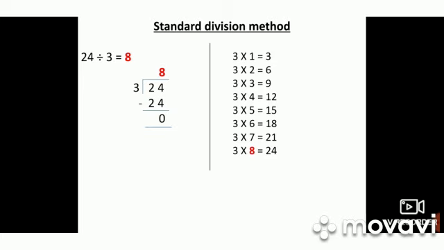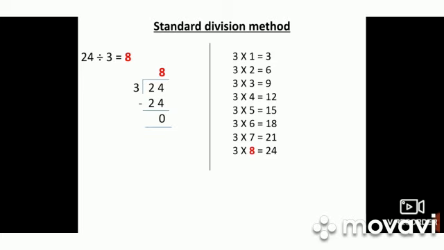Take the divisor outside because it is the multiplication table. So here it is 3, so we have to do the 3 tables. So start doing the 3 tables. 3 ones are 3, 3 twos are 6, 3 threes are 9, 3 fours are 12, 3 fives are 15, 3 sixes are 18, 3 sevens are 21, 3 eights are 24. I got the answer, so I stopped doing the multiplication there itself. At how many times in 3 tables am I getting 24? It is 8. So 8 is the answer.